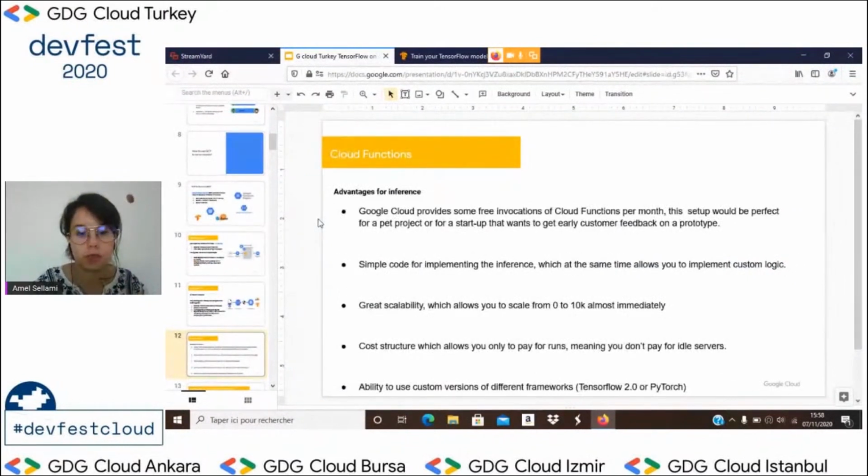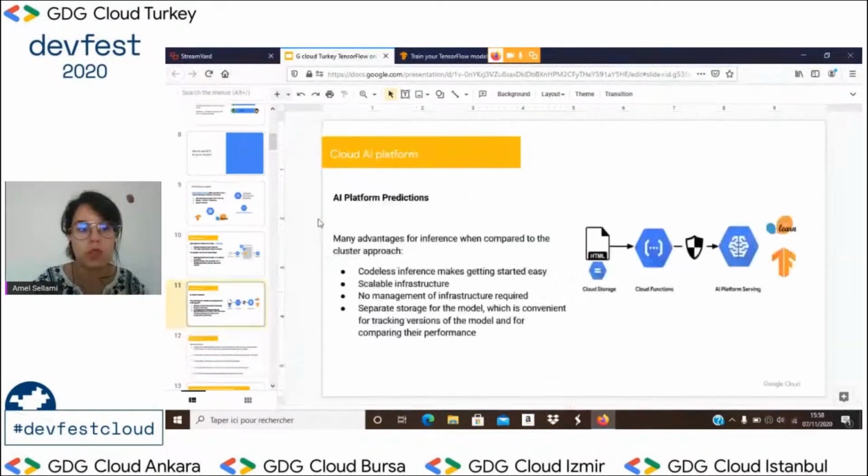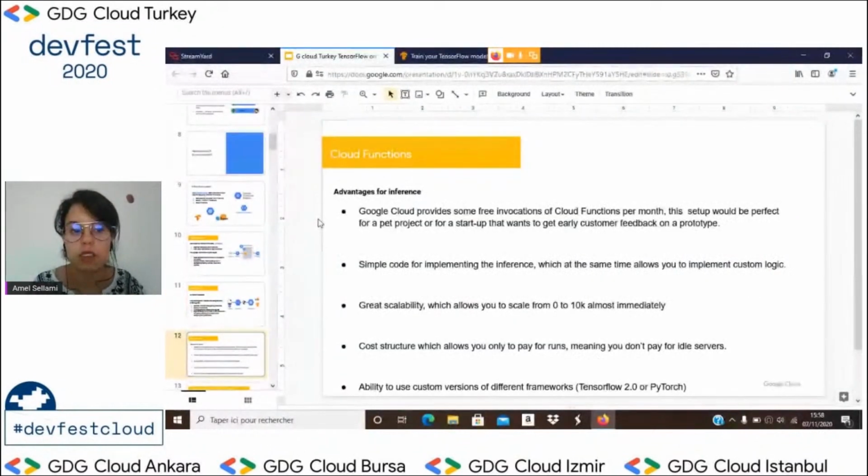One of the things that it's important to say is that you can use TPUs, GPUs, and CPUs as you desire in the AI Platform Predictions, and it's pretty much not hard to use. The third one that we are talking about when we try to do serving a model on Google Cloud Platform